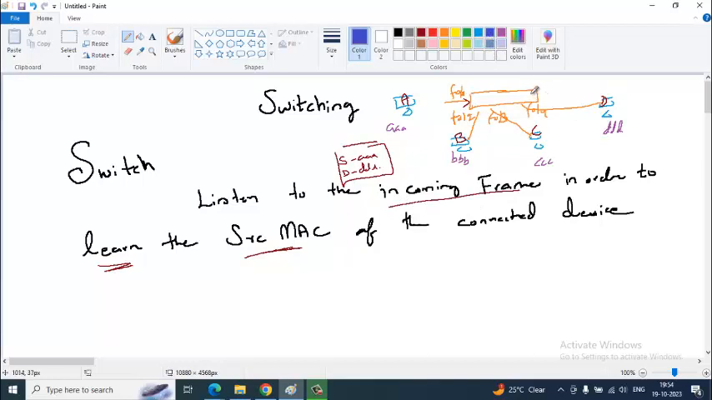So it learns in a MAC table, saying on F0/1 we got A connected. Now the destination DDD is not available. When the destination is unknown in the table, only when the destination is unavailable